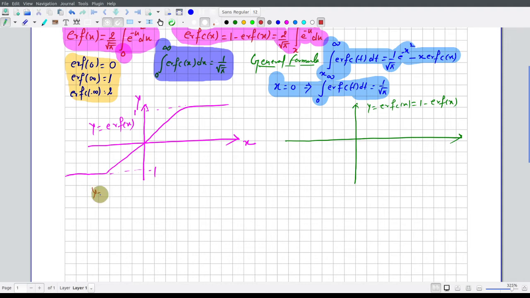Suppose y equals x. So how will we plot y equals x? A line passing through the origin. Okay, x and y. Now I am saying plot y equals minus x. We can easily plot it like this. Y, this one is y, x. Yes or no? Okay, now again, this was minus x.